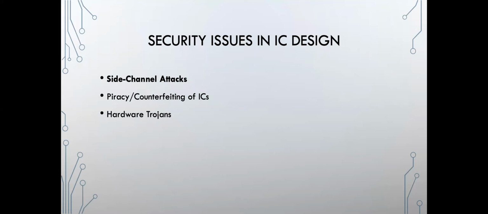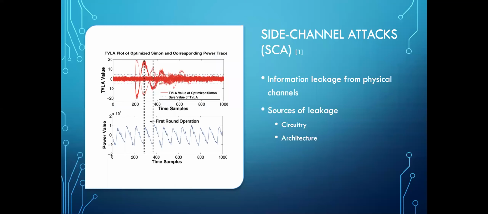There are three separate topics we will address today, which are side channel attacks, piracy and counterfeiting of ICs, and hardware Trojans. So side channel attacks are attacks that are carried out on physical channels from which information can leak. There are two major sources of information leakage. The first being